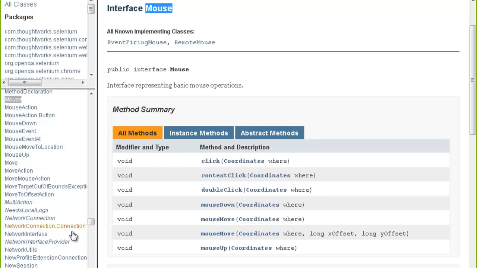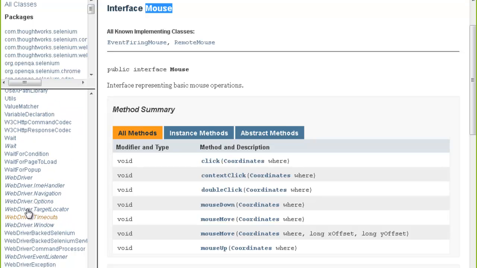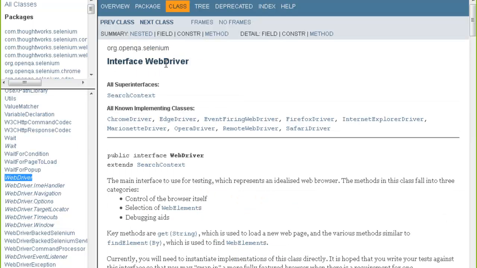So similarly, you have the interface over here known as WebDriver. It is written in italics. Everything written in italics is an interface. So WebDriver technically is an interface and it is the main interface. In Selenium, the architecture of Selenium starts with this interface, WebDriver.